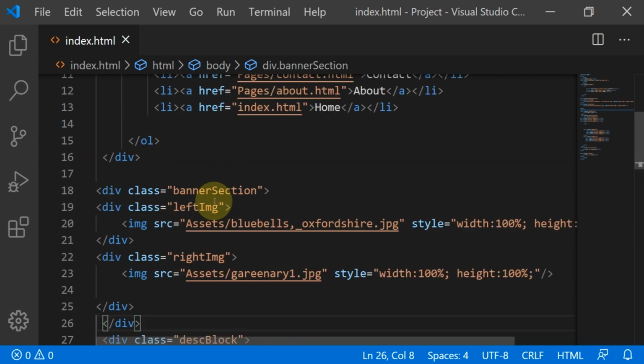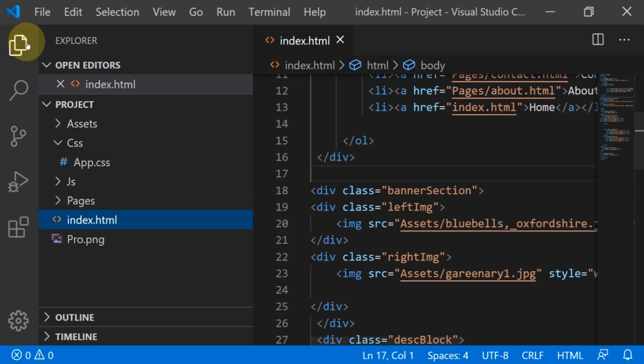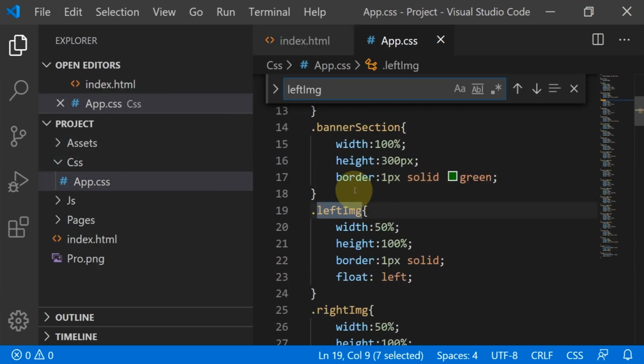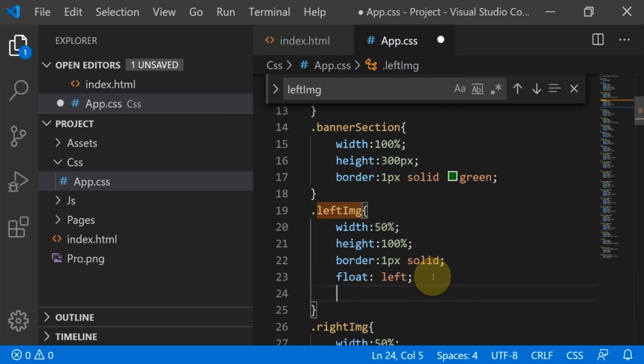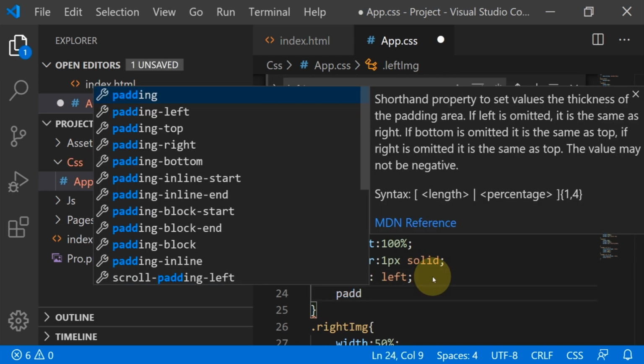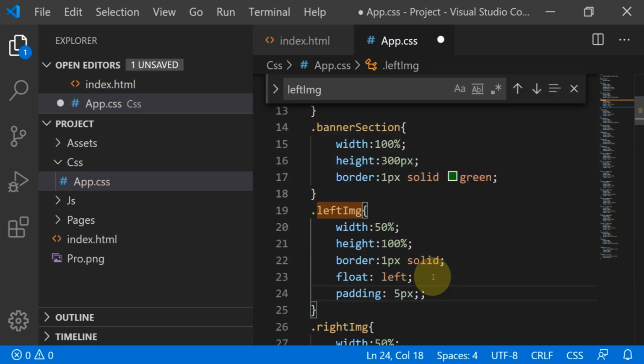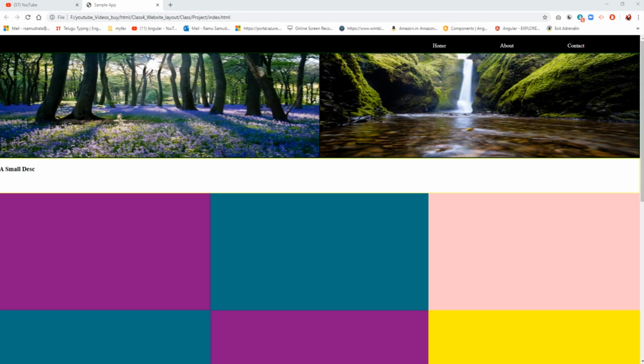Here, the left image class is in the CSS style sheet, right? App.css. Here we already implemented the left image class. So here I'm just giving padding, 5 pixel, that's it. Saved.